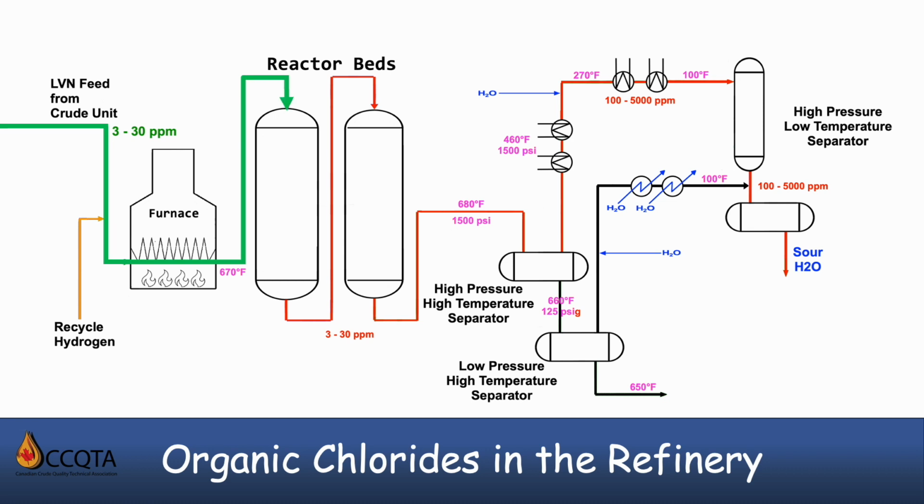When the organic chlorides reach the hydrofiner, the reactor catalyst coupled with added hydrogen breaks the alkyl chloride bond and produces HCl. The hydrotreated naphtha is then routed to a high-pressure separator where the fractions are separated. The lighter fraction condenses in the coolers and exchangers along with any HCl and the small volumes of water produced from the reactor. These conditions favor the concentration of HCl and the development of very low pH and extremely corrosive